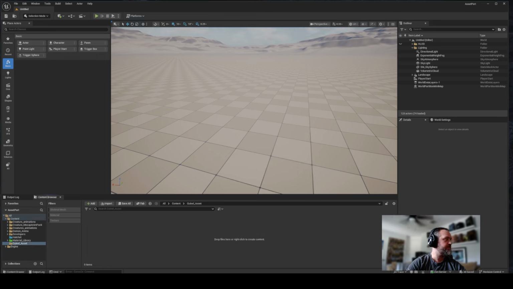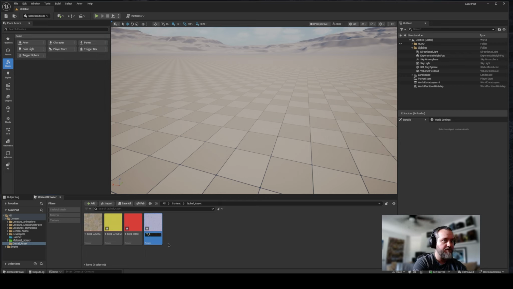So I've just created a folder of Quixel assets, and you can use anything you'd like. Let me go ahead and grab the albedo, the normal, and those two PBR maps we just created and bring them in. And I'll just rename these for continuity: T_rock_albedo, and also T_rock_normal. The other thing that we're going to want to do is make sure that our PBR textures here are of type